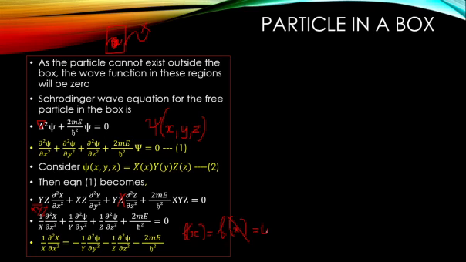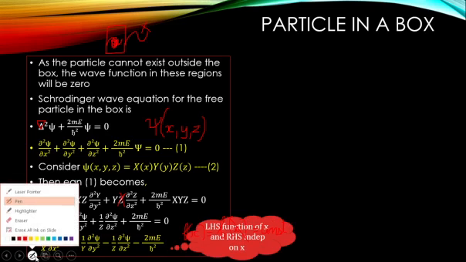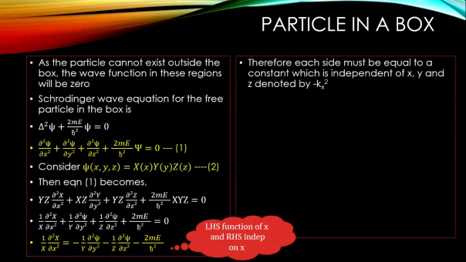Such a relation is possible only if it is a constant. A function can be equal to another function which is independent of x only if the value is a constant, a numerical value; only then will we be able to equate it. So in that case, LHS is a function of x and RHS is independent of x. Correspondingly, you can write that each side must be equal to a constant, and we consider that